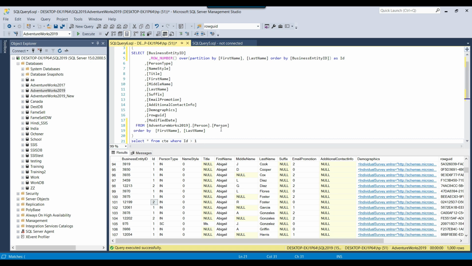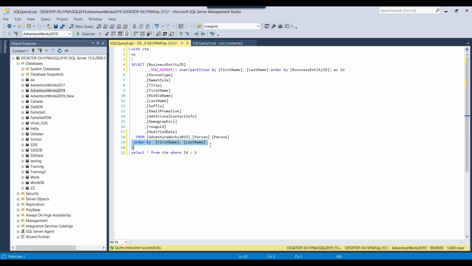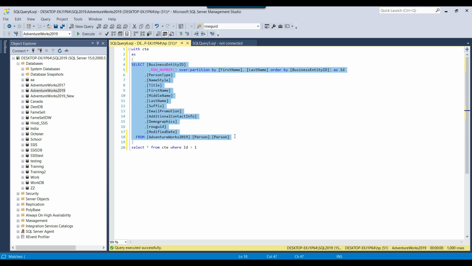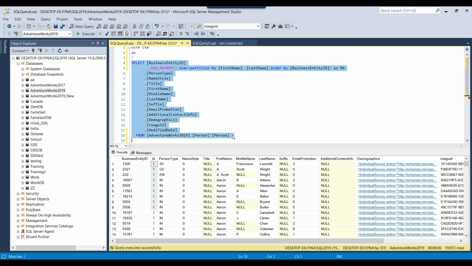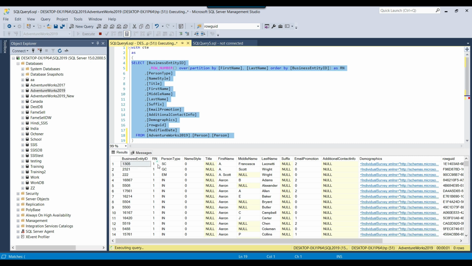So this is how you can get the data, and if you want you can remove this order by clause here, so that's fine. So we are selecting the data from this particular table, and this is generating the ID column, okay. Now there are 19,000 records or something, yeah. So this is generating all 19,000 records, all the columns are selected, as well as an extra ID column. You can also call this particular column RN. RN means row number, okay. So now this will select all the columns as well as an extra column which is the RN column, okay.